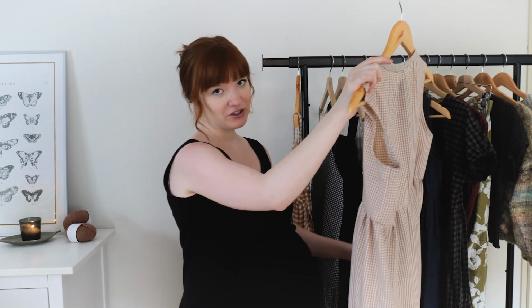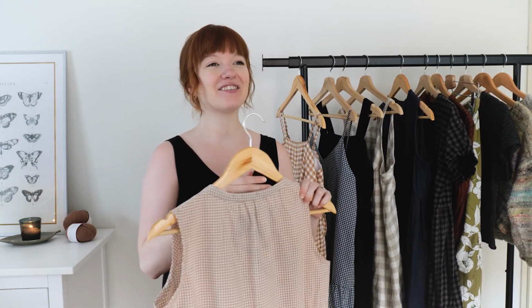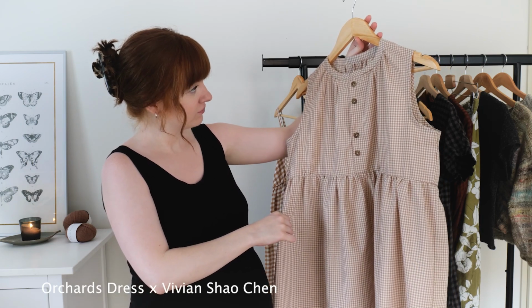So after that hacking job, I was so jazzed that I was able to figure out how to work a button placket, and then it actually went pretty smoothly. I was just very impressed with my skills. So I decided to take on something a little bit more complex, which is the Orchards Dress by Vivian Xiao